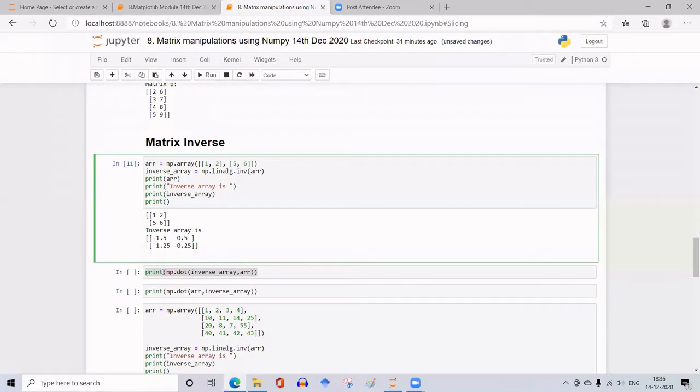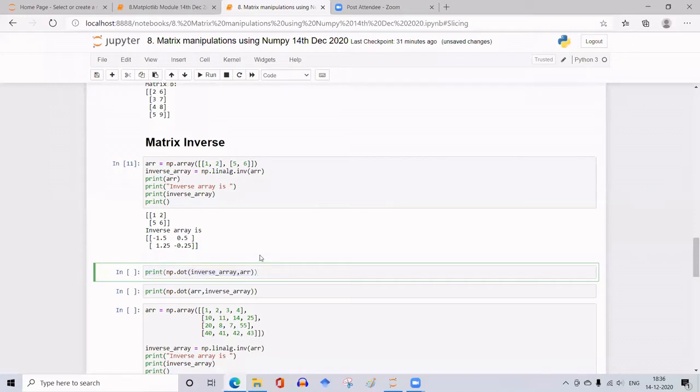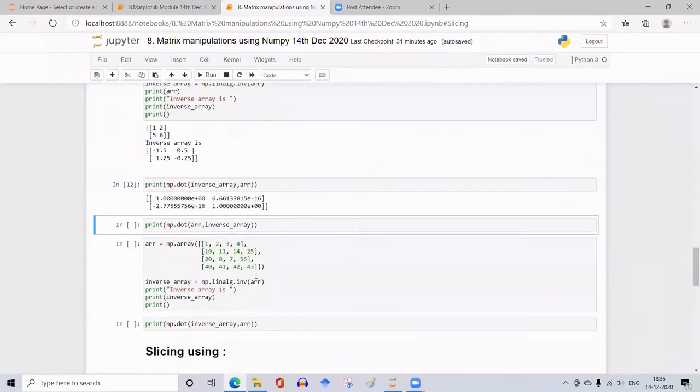So I'm directly printing that result. np.dot of the inverse array and ARR. Take the product of these two and print the result. You observe the diagonal elements are 1.000, that is 1, whereas the off-diagonal elements are e to the power of minus 16, that is, 10 to the power of minus 16. It's a very small value.